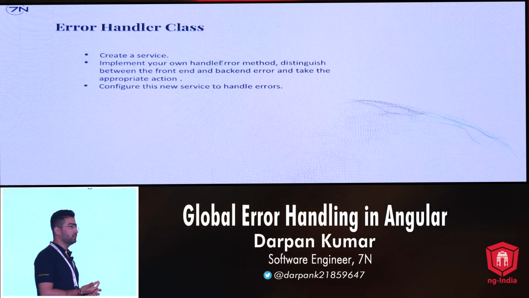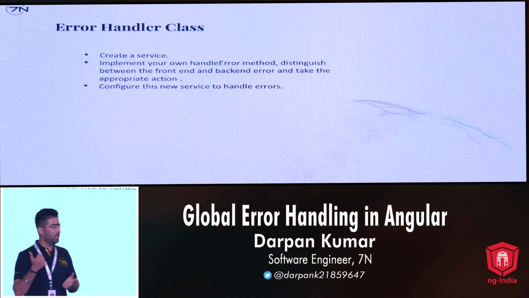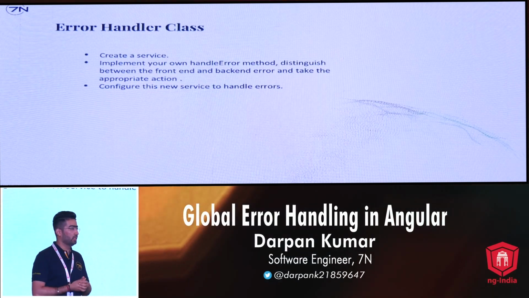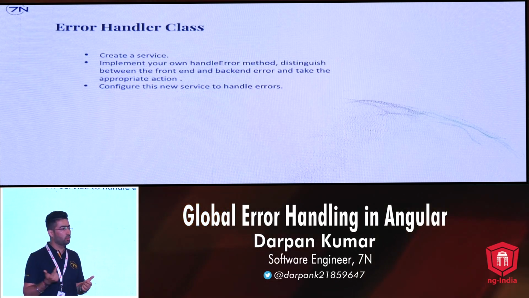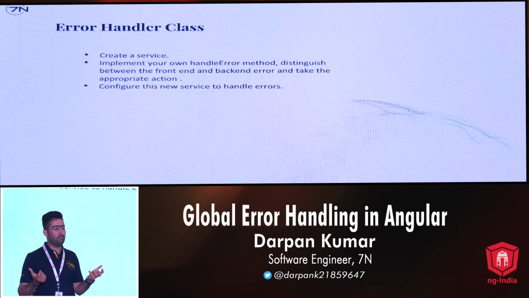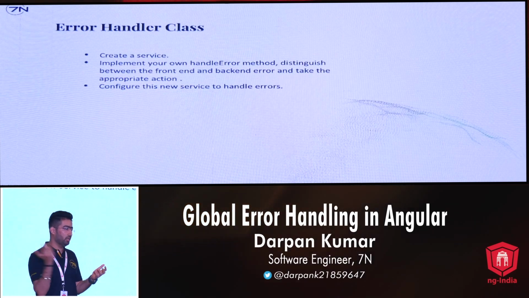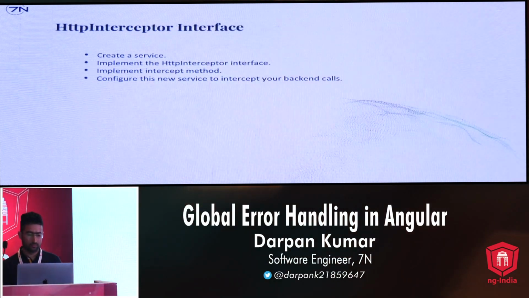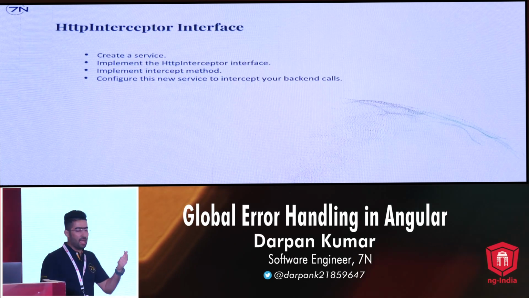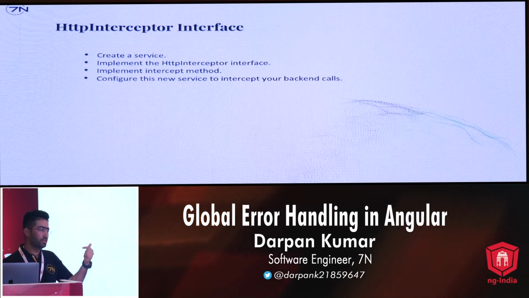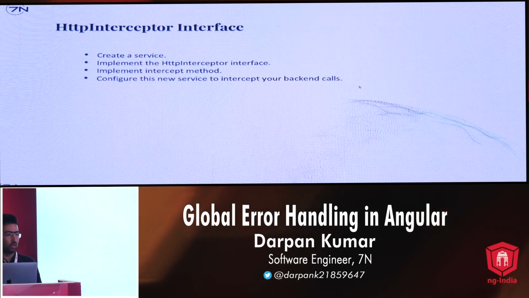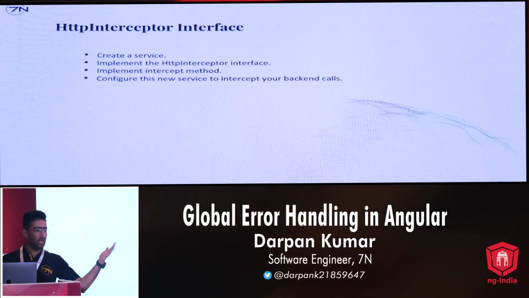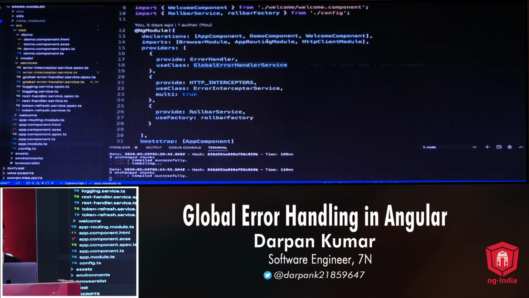In this way, I'm trying to avoid the error. Another example could be, I'm trying to call my API, my server is too busy, and it's responding with an error code, let's say 504. So what we can do is retry that call, so that if my server has time, then it can return me the response. Let's see what steps need to be followed. We'll create a service. We have this HTTP interceptor interface which we can implement, and it has a method called intercept. Then we can write our code in that, and we'll tell Angular to intercept each and every request. Let's see how we are doing it.